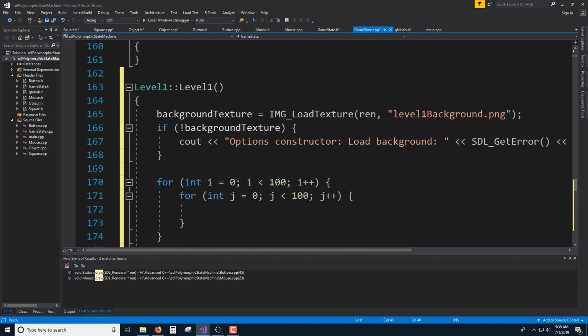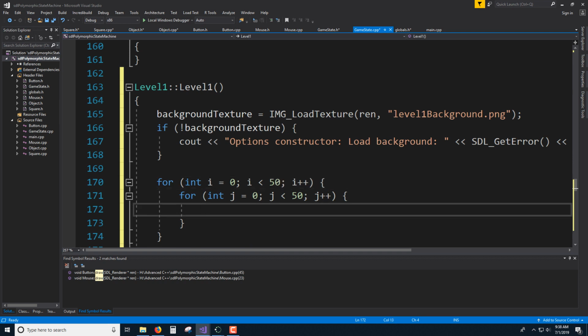Now we can go back to our level 1 constructor, and instead of doing this 100 by 100, we go 50 by 50. And we'll create our new squares in here. So grid ij equals,